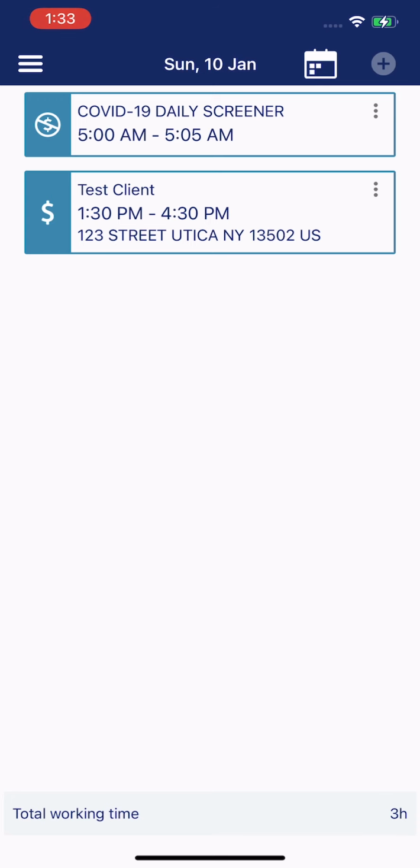So as you see here, it immediately went to the schedule screen. On the calendar is today's date. I have a visit scheduled at 1:30. It's a little bit past that right now, but that's okay because it's just a demonstration. And you see the daily COVID-19 daily screener. But first, because I just logged in for the first time, what I want to do is